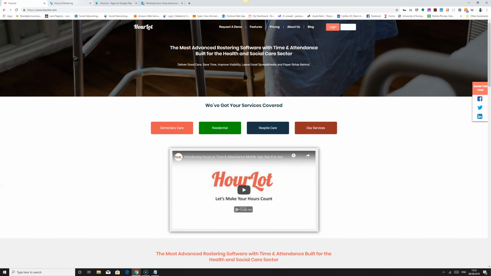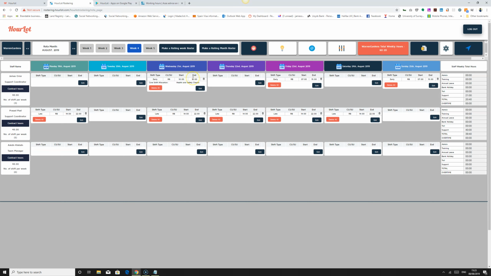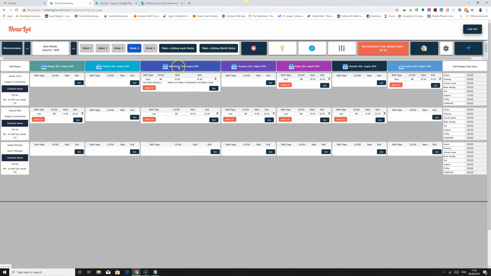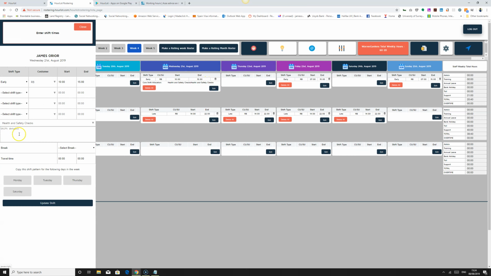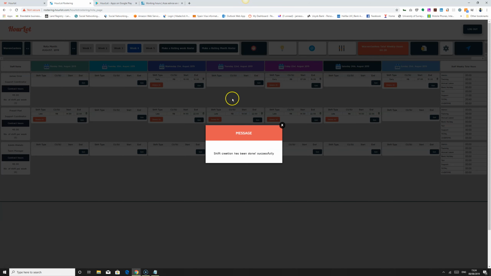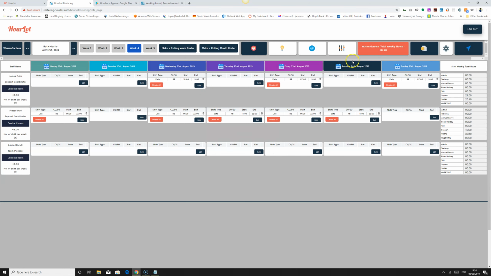So we go to the tutorial, we go to our rostering application. Now in our rostering application, we have August here, which we have already scheduled the shifts for. So I'm just going to delete that, and what we will do next is